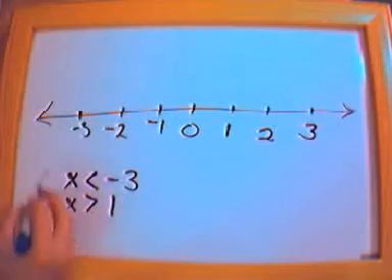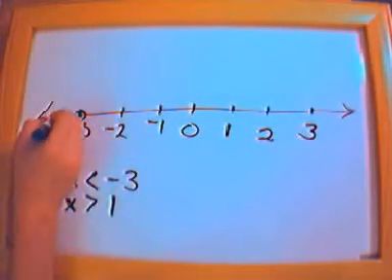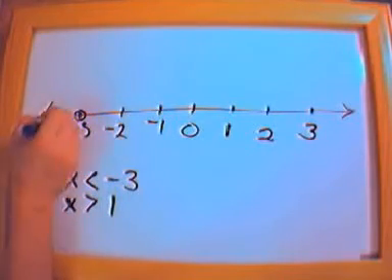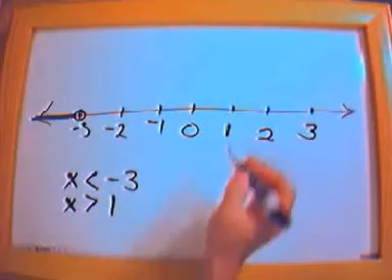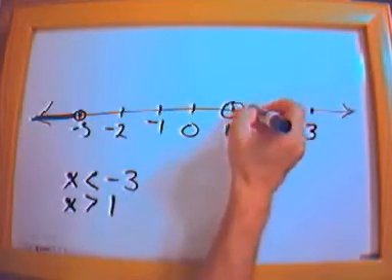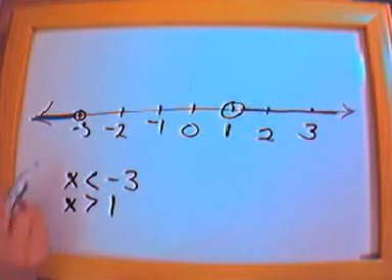Well, there's no equal signs here, so I've got to do empty circles. And the first one, less than negative 3, is going to be everything to the left on to negative infinity, because that's all the points there. And then this second one is going to be an empty circle with all the points going to the right like that. So this graph is all of the points to the left of negative 3, lower than negative 3,